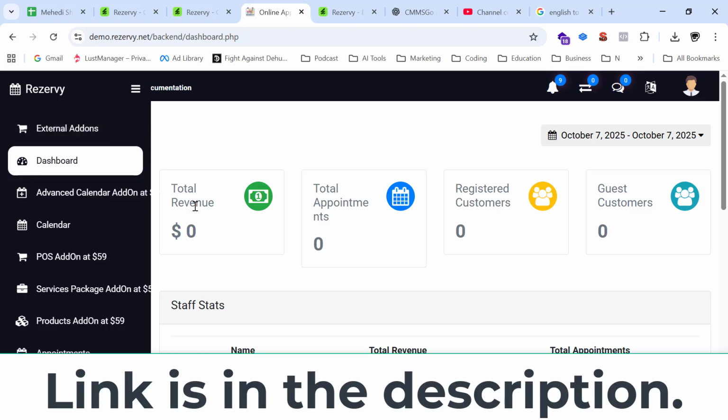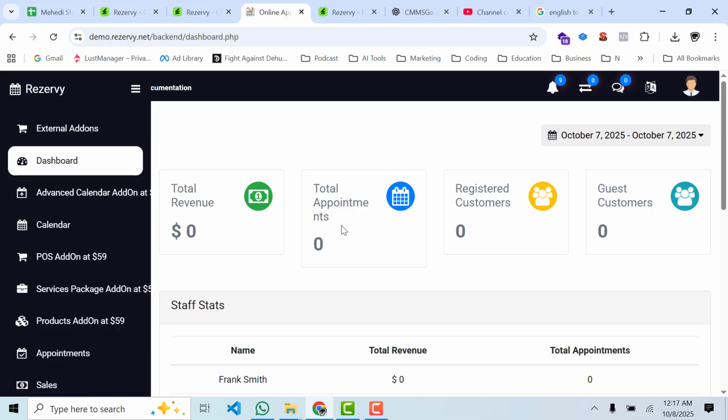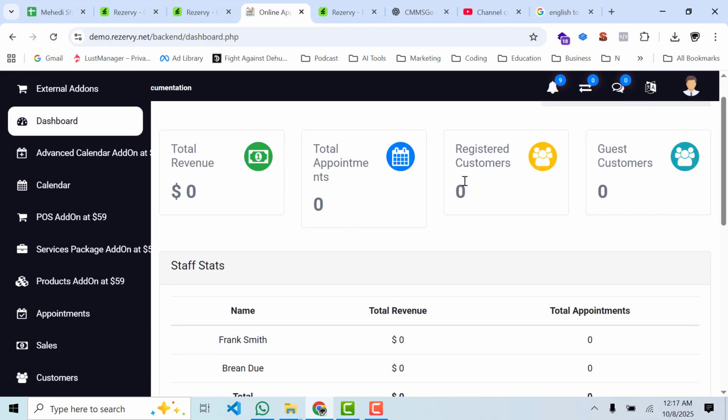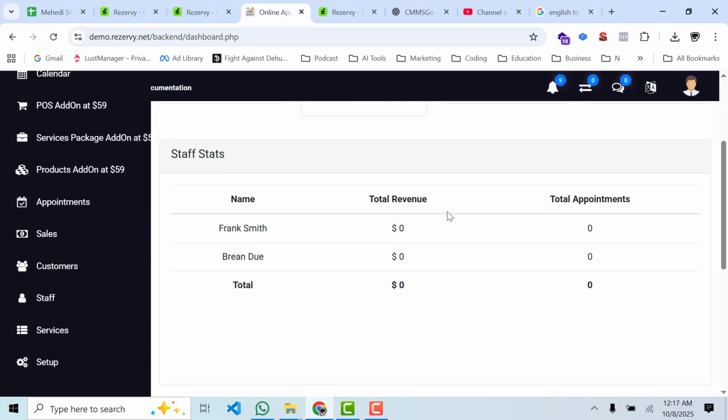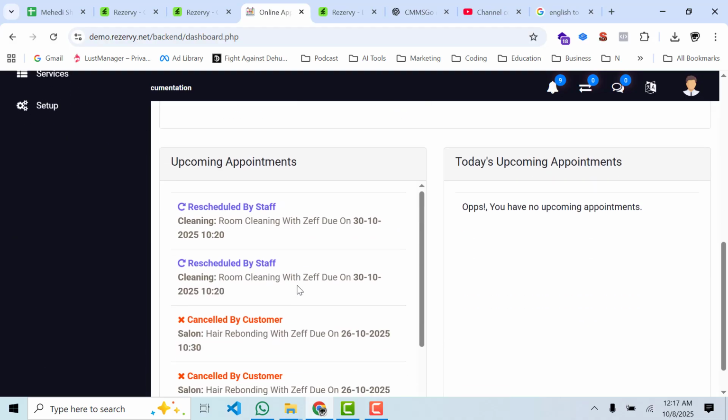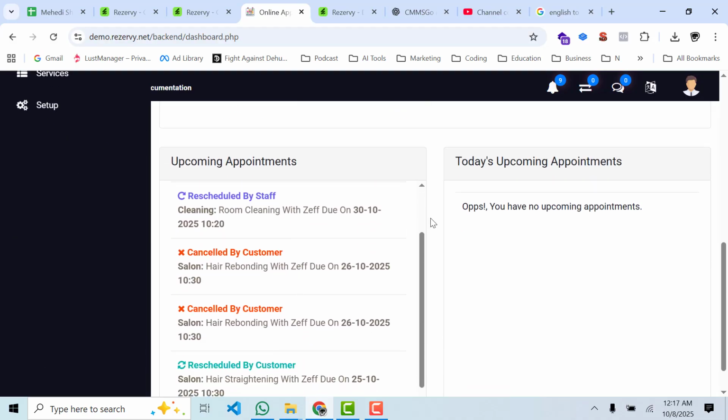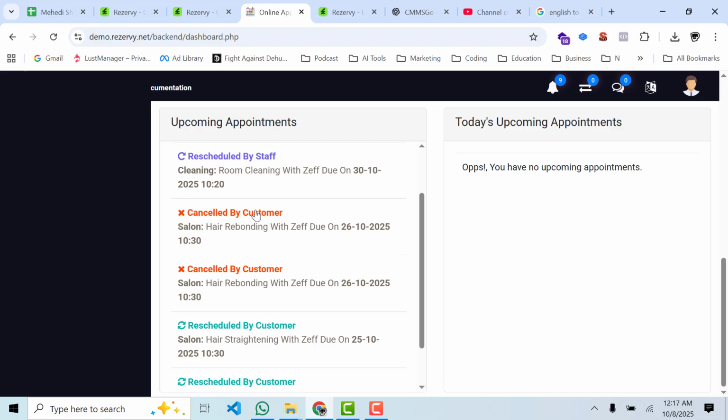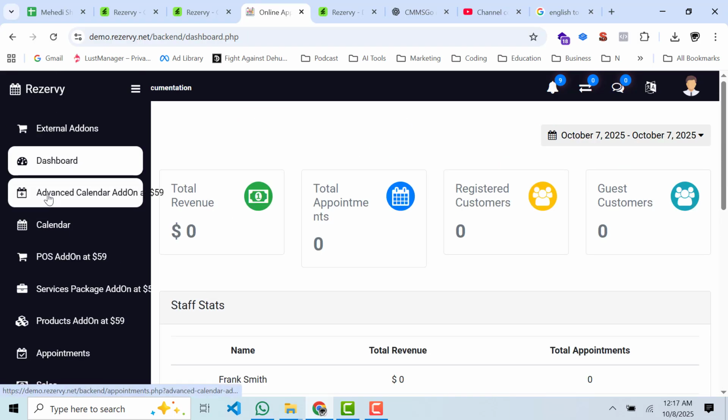This is our dashboard. Total revenue, total appointment, registered customer, guest customer, staff, upcoming appointment, today upcoming appointment. Then another function,